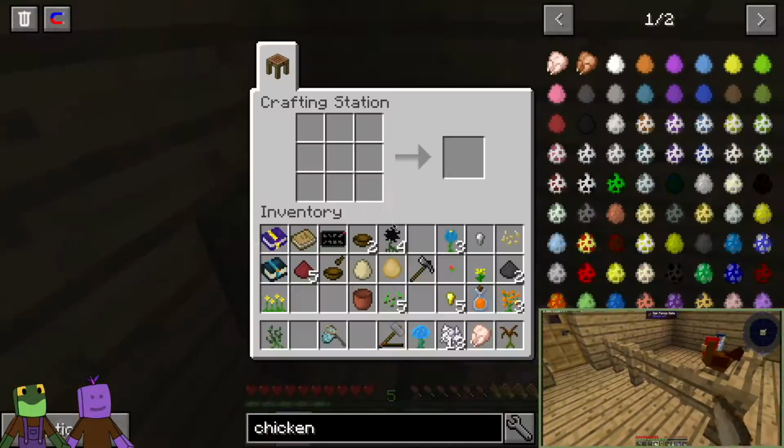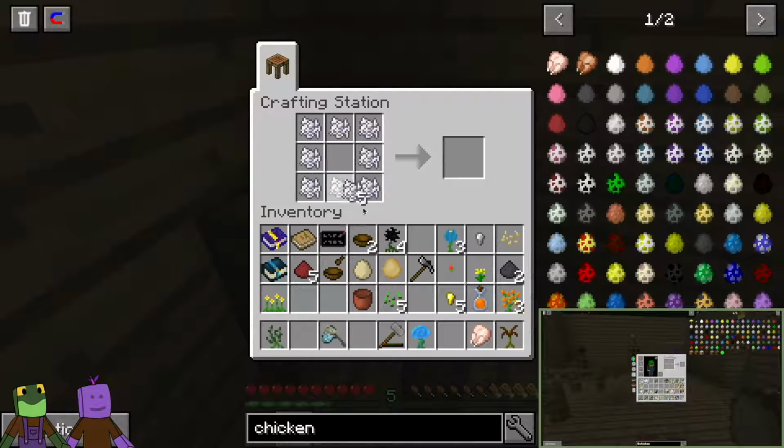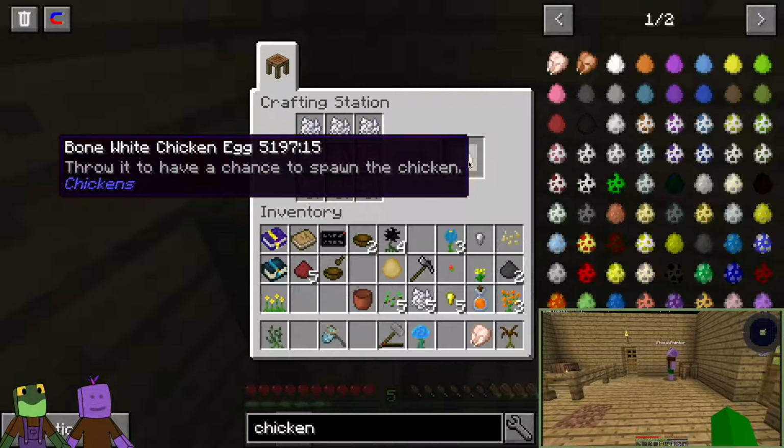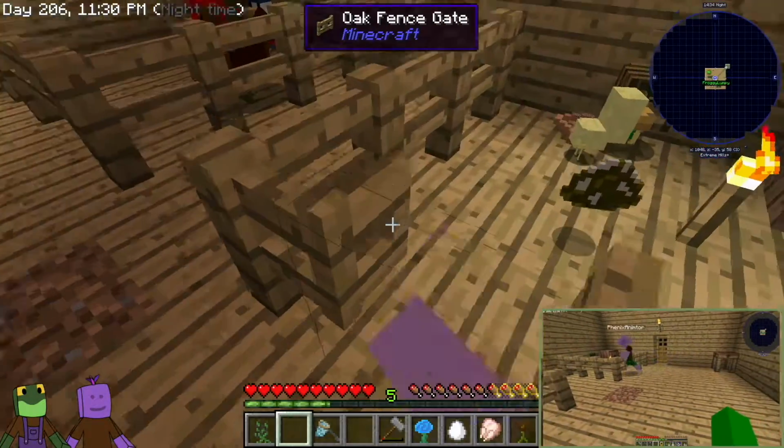All right, so I got a little bit more bone meal. Let's give this a shot. We're going to place our bone meal and get the bone white chicken egg. And let's see if we can...